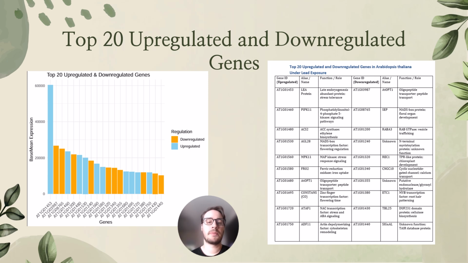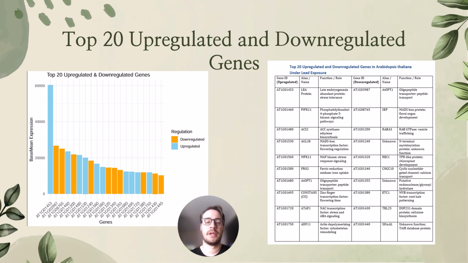Next, this bar plot focuses specifically on the expression levels of these topmost upregulated and downregulated genes. You can observe consistent and pronounced shifts compared to the control samples. For instance, among the upregulated genes, we see ATAF1, a known stress-responsive transcription factor, and FRO2 involved in iron uptake. Conversely, downregulated genes included developmental ones. We also see the LIA protein as very upregulated, which is no surprise as it is responsible for protection against